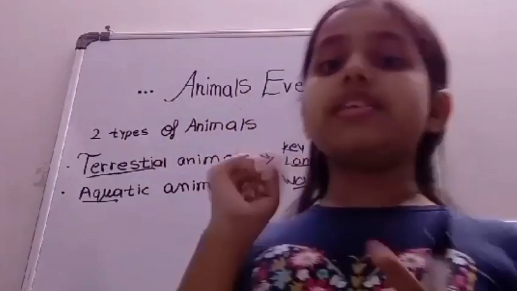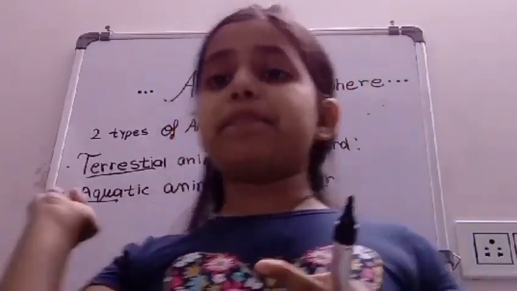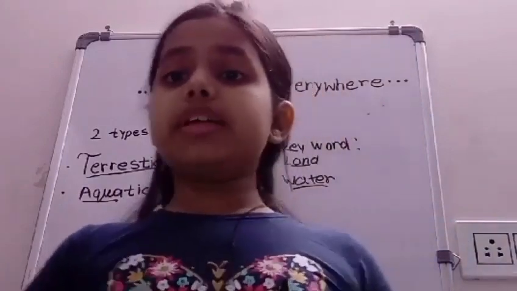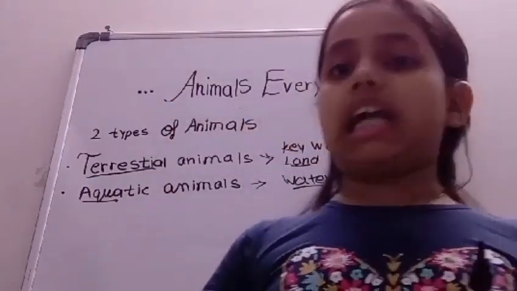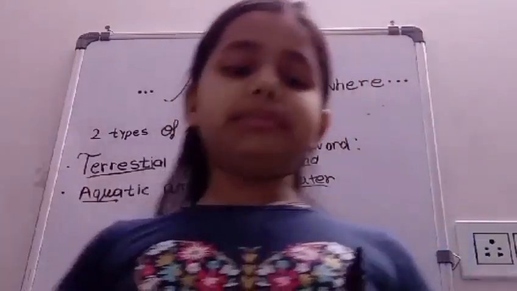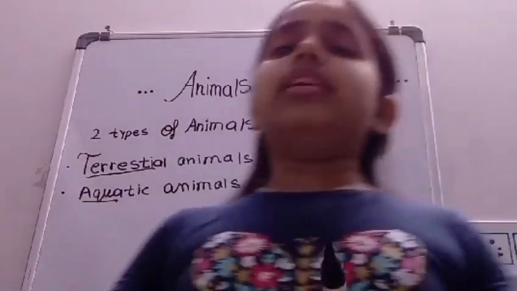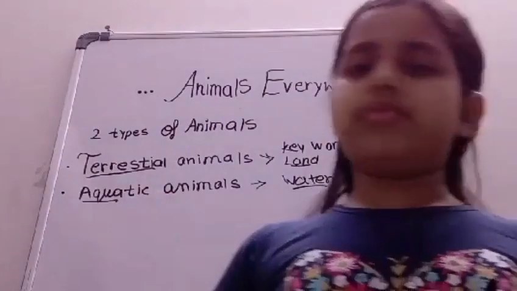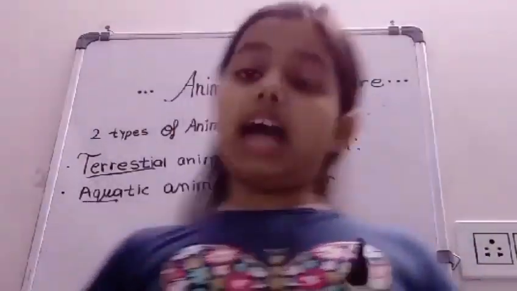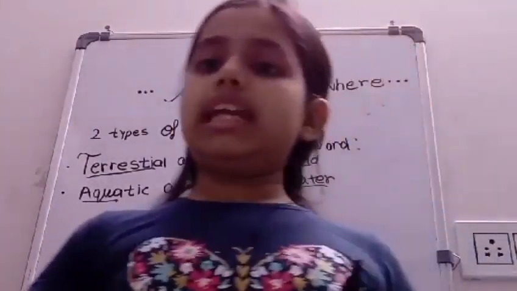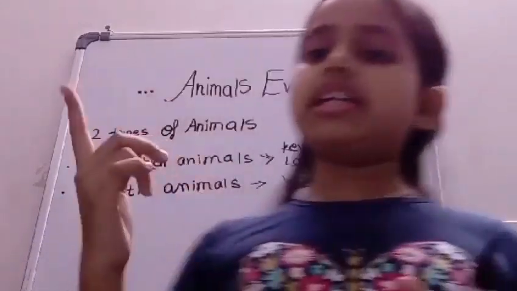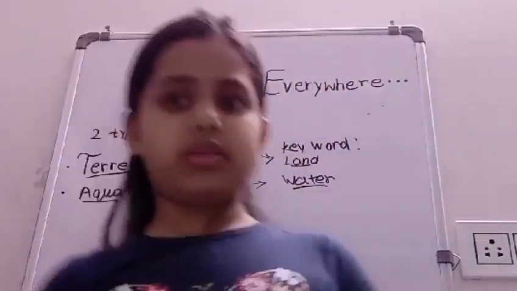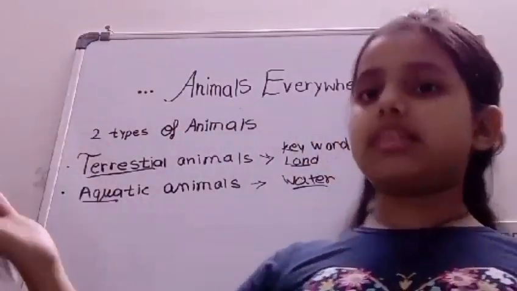There are herbivores, omnivores, and carnivores. What are herbivores? Those who only eat plants, like a cow. I'm giving an example. Omnivores are those who eat both plants and meat, for example, human beings. And carnivores are those who only eat flesh, that is, tigers and lions. They only eat the flesh of other animals.